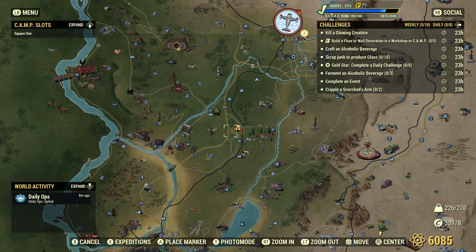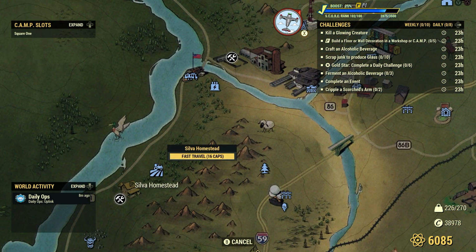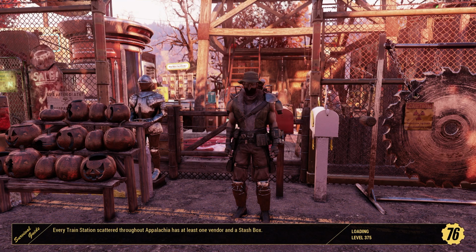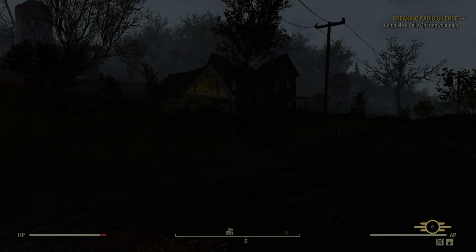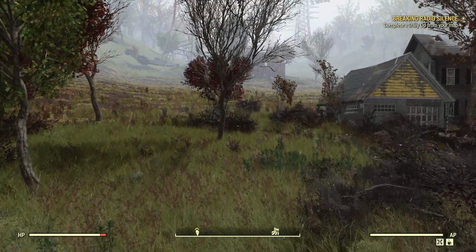Let's go ahead. We're going to fast travel right down here to Silva Homestead. Now, if you have corn and razor grain in your camp, which is what I always promote, you should always gather more than what you need and put it in your camp so you don't have to do this. I still have to do this